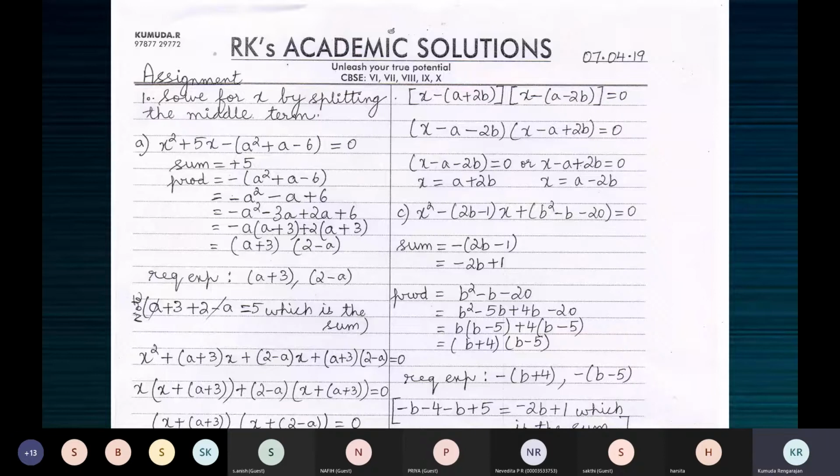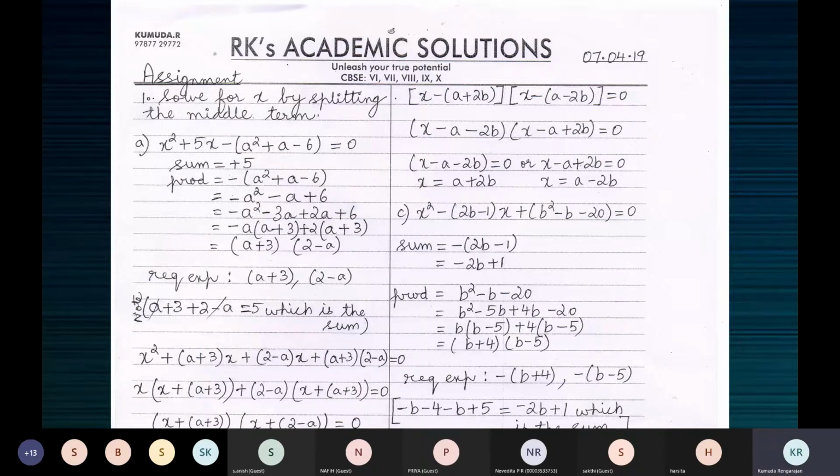So I didn't prepare the introduction part in writing because we already know it. So we are getting into the chapter directly. So this is the introduction to the chapter. What is a quadratic equation? Now the chapter is quadratic equations. When the quadratic polynomial is equated to 0, it is an equation. So when a quadratic polynomial is equated to 0, so ax square plus bx plus c is equal to 0, it's called a quadratic equation.